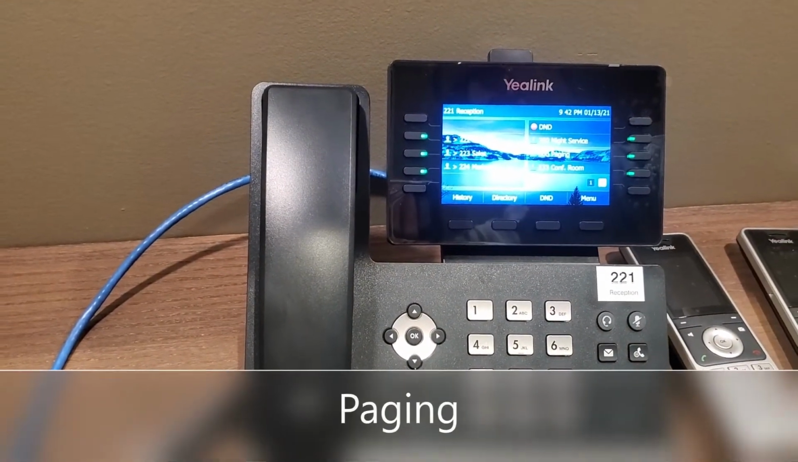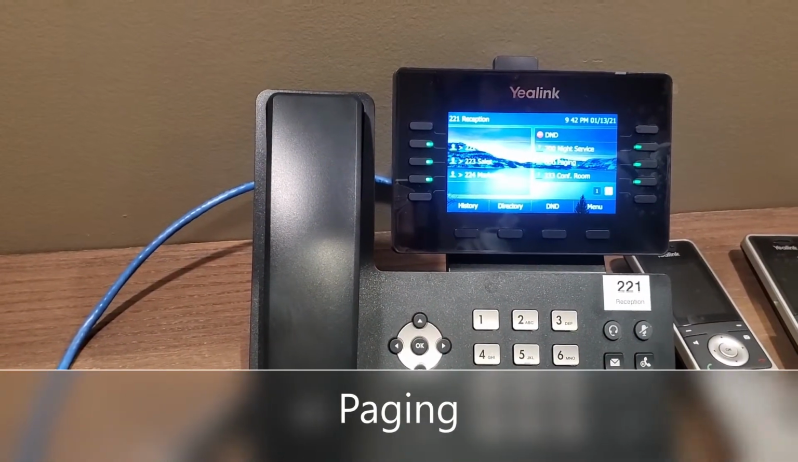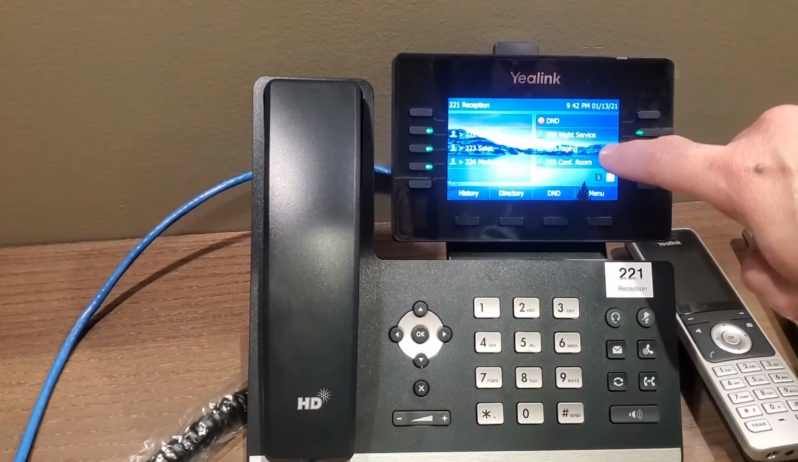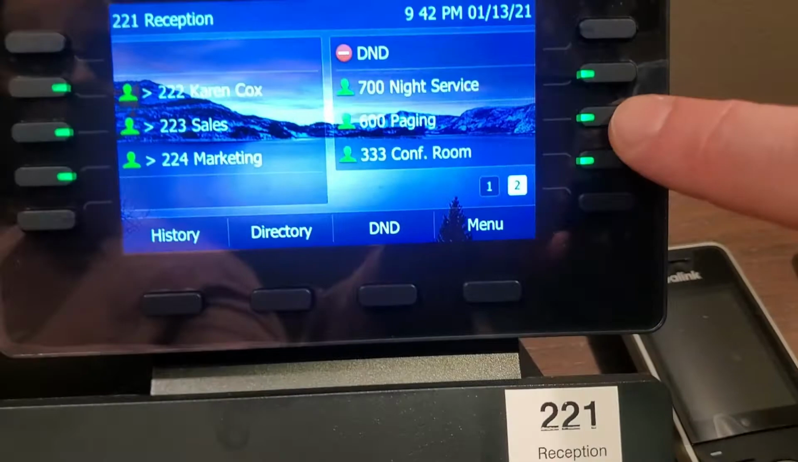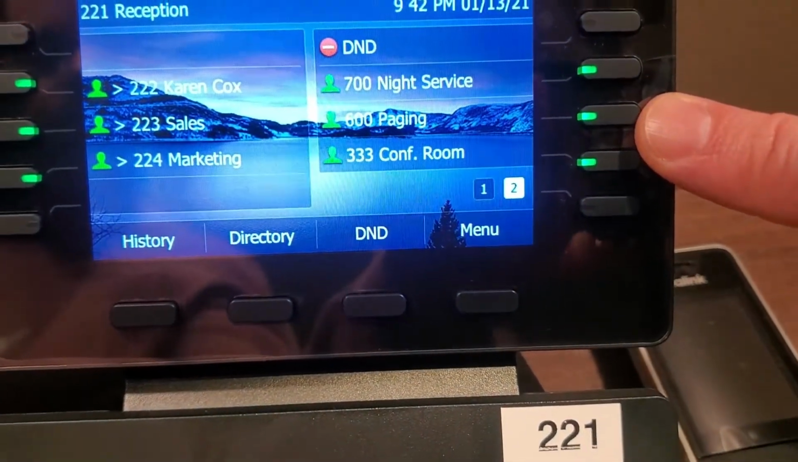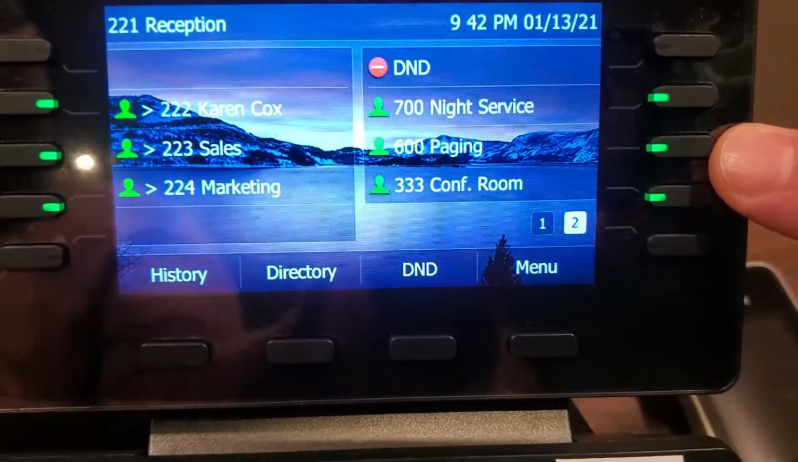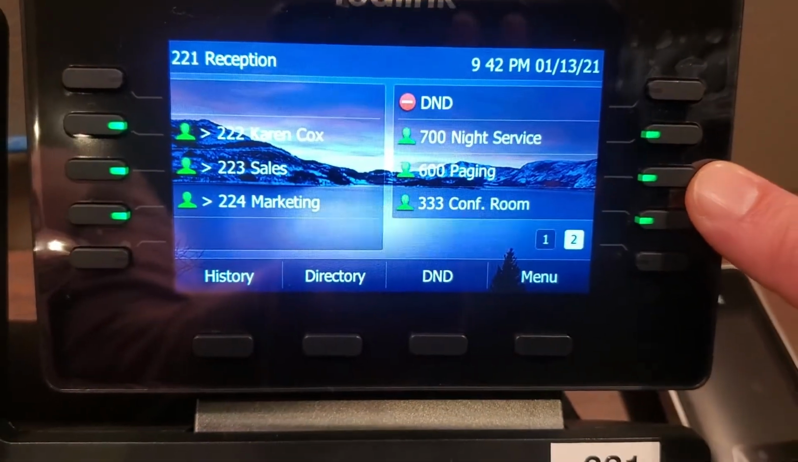To make a page to every single phone in the system, not just one in particular, you can use this button over here, which is a paging for everything. So by pushing this, I'll be saying a message. It won't play it back right away. When you hang up the message, that's when it broadcasts the page. So for example,